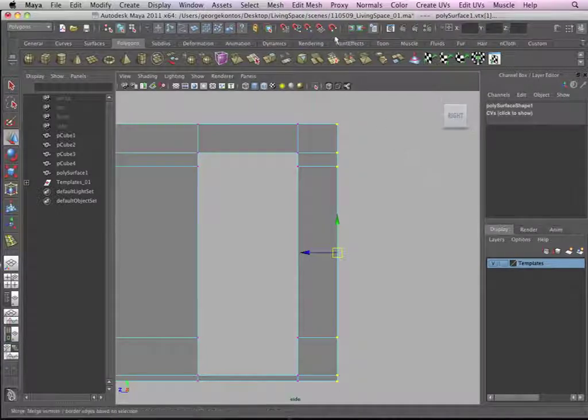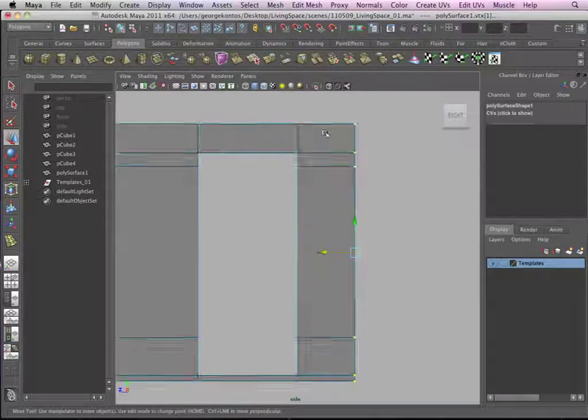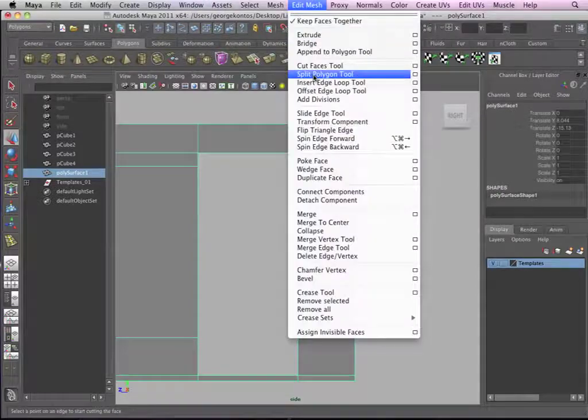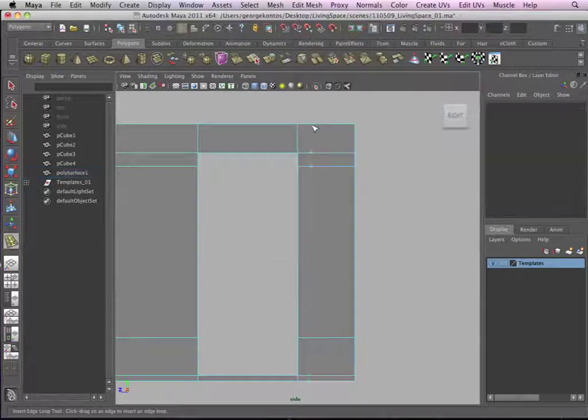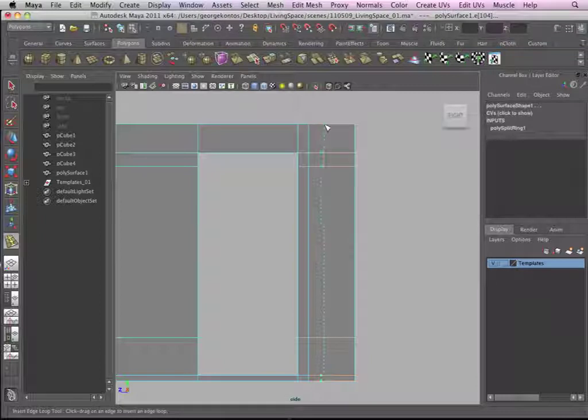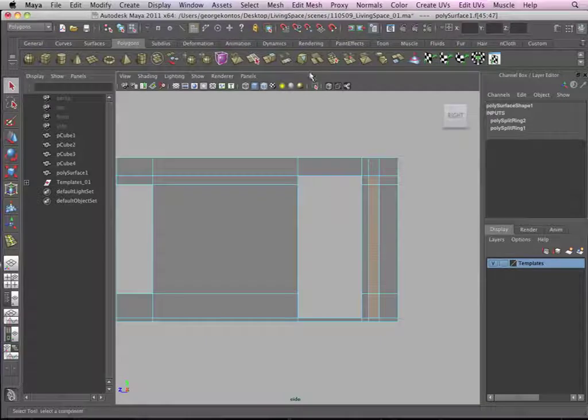How do you know that the snap is on? If you see this is round, the snap is on. Any snap: snap to curve, snap to grid, snap to point, anything is going to be on. So turn it off, bring this over here, and then I'm going to go to object mode, select the object, go to the insert edge loop, and I'm going to make this very narrow window next to the door, so it's sort of a window. So go to the faces. I'm going to select all these faces. I'm going to extract this piece. Actually, I'm going to select only these faces, extract,